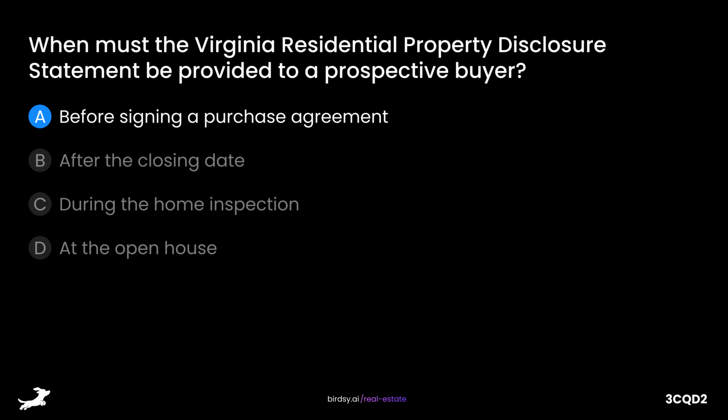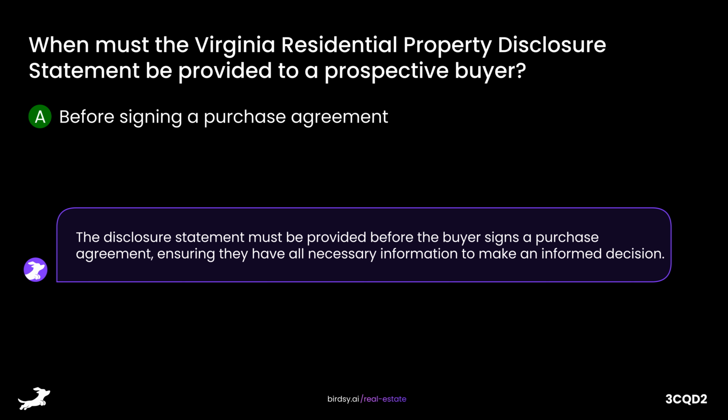Is it A, before signing a purchase agreement, B, after the closing date, C, during the home inspection, or D, at the open house? The answer is A, before signing a purchase agreement. The disclosure statement must be provided before the buyer signs a purchase agreement, ensuring they have all necessary information to